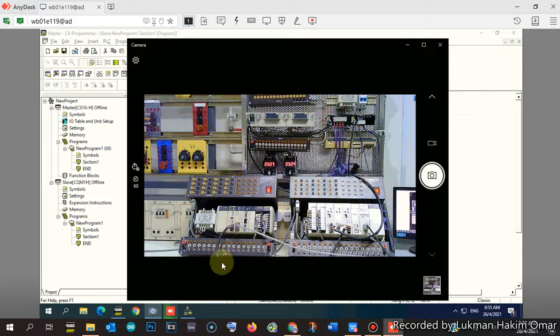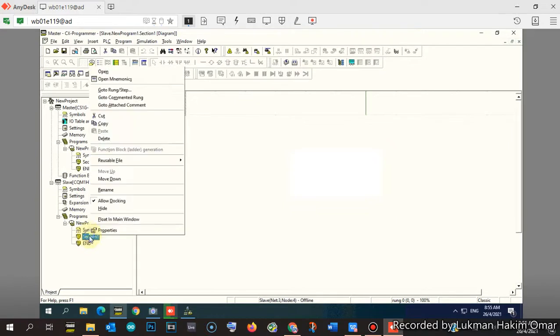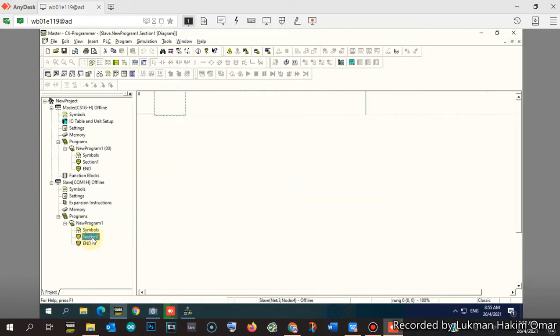I select the slave PLC and go online, CQM1H via master, network number 3, network number 4. I click yes. So my slave PLC is online without online master PLC.